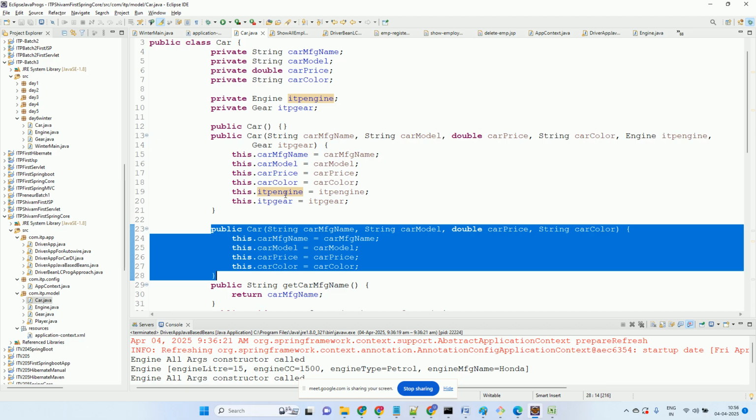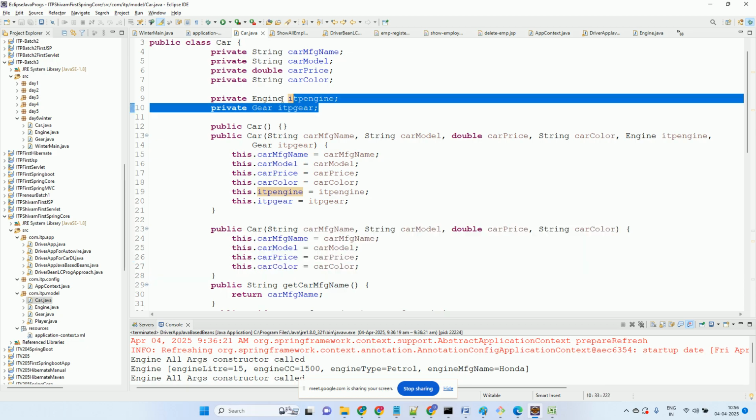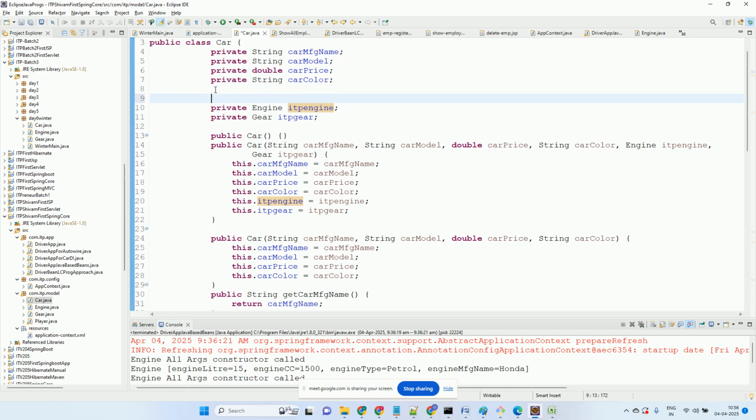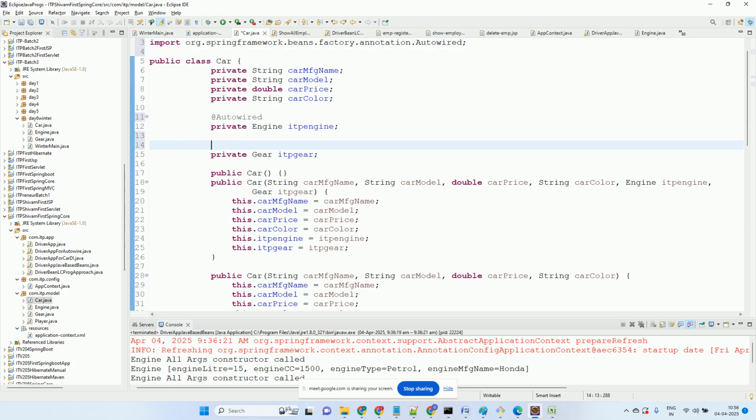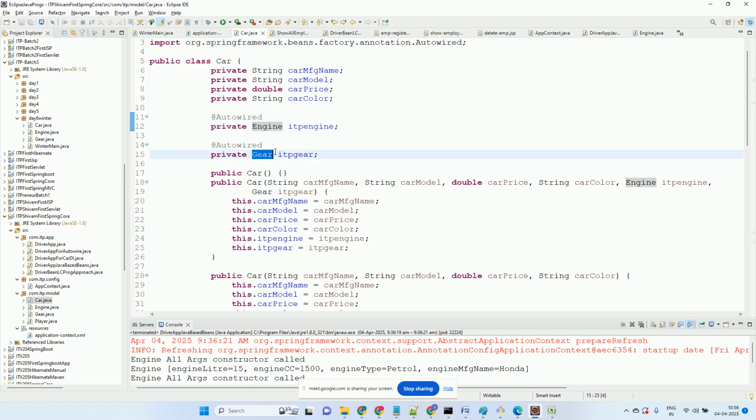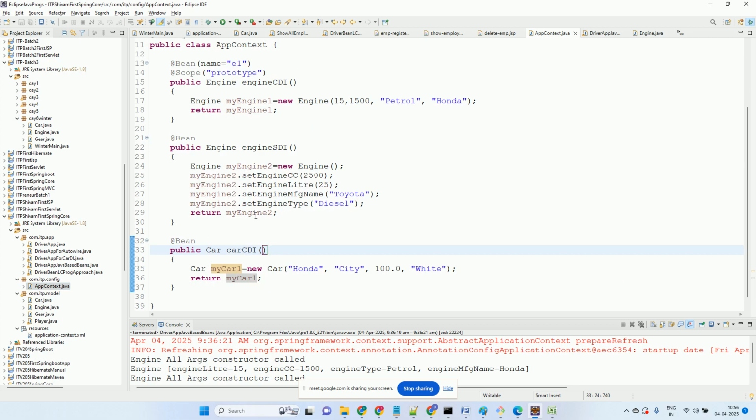Now what about these two then, so I will just say @Autowired. एक एनोटेशन है क्या, ऑटो वायर था XML में, इसमें क्या है, ऑटो वायर्ड, बस सबसे ज्यादा यूज होने वाला एनोटेशन, ऑटो वायर्ड मतलब क्या, आपको कॉन्फ़िग बाय डिफॉल्ट ये ऑटो वायर बाय टाइप है, यानी आपको इंजन क्लास की और गेयर क्लास की जो भी बीन मिल जाए वो इंजेक्ट कर दो,